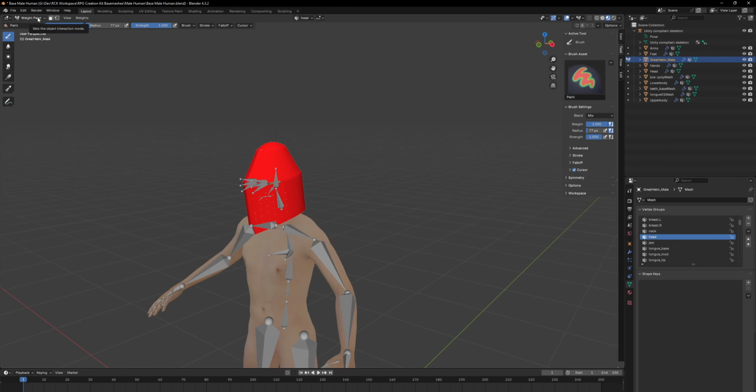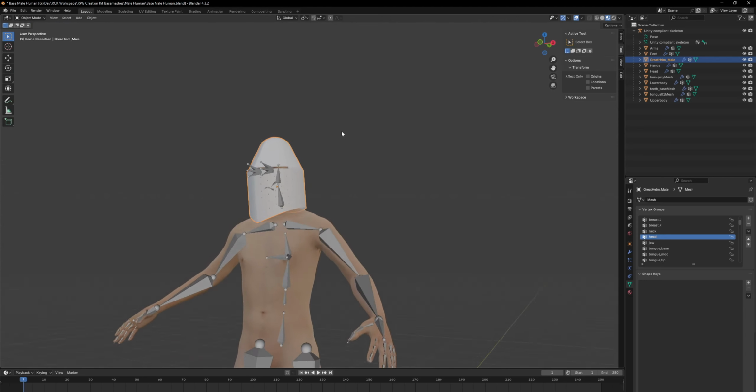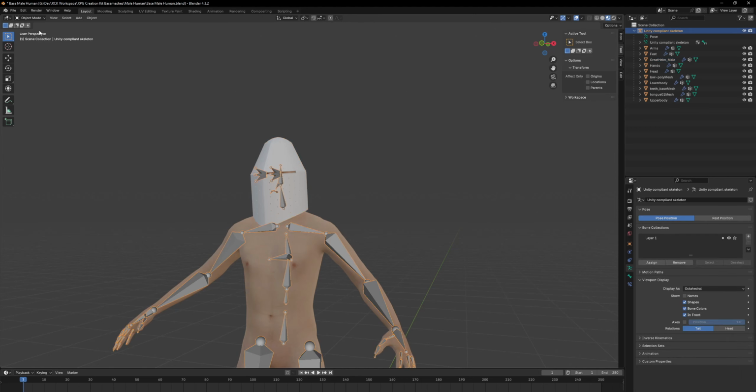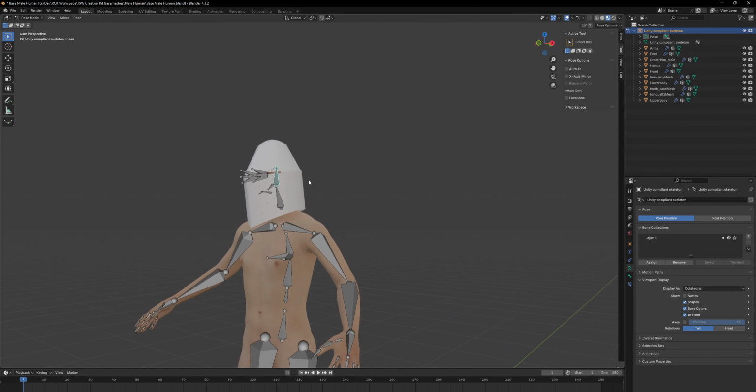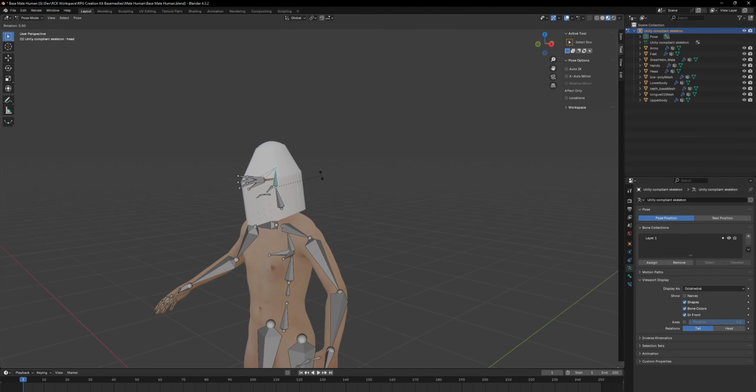Okay, so now we can get out of weight paint mode. We can just go back to object mode. You can test whether or not this is working if you select the bones and then go to pose mode and then grab this bone, which I think is the head bone probably, and then let's say I press R to rotate, and you can see, well, it's going crazy because I'm rotating around, but